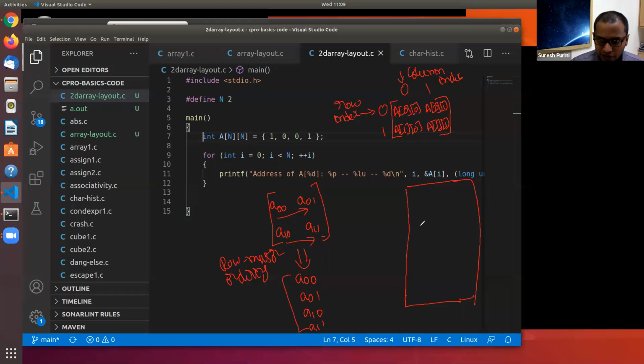In the memory, A00 will be allocated here, A01 will be here, A10 will be here, and A11 will be here. Remember, A00 will be allocated 4 bytes, because on this machine integers are allocated 4 bytes.